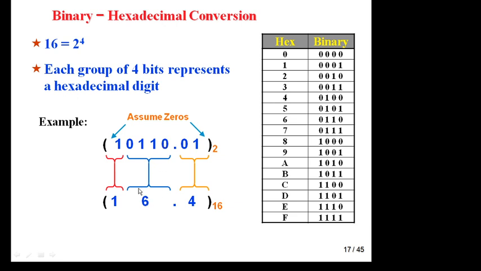If you have to convert from here to here, just convert each hexadecimal digit into the equivalent 8421 code. 8421 code means 6 is 8 not, 0, 4 plus 2, so 0 1 1 0. Works both ways, binary to hex and hex to binary.